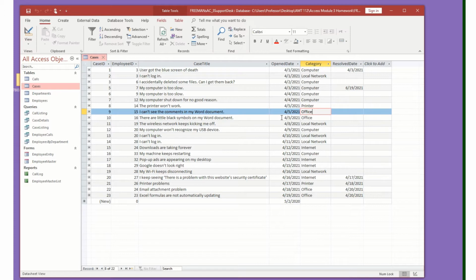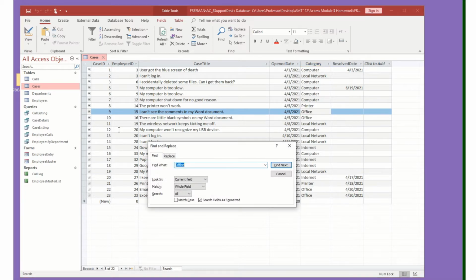I'm actually going to select this and copy it. I did a Control-C. Now I am going to use Control-F to open up my Find and Replace dialog box. And I'm going to find Office. It might have already been there from when I was practicing. And I'm going to choose Replace, and I want to replace it with